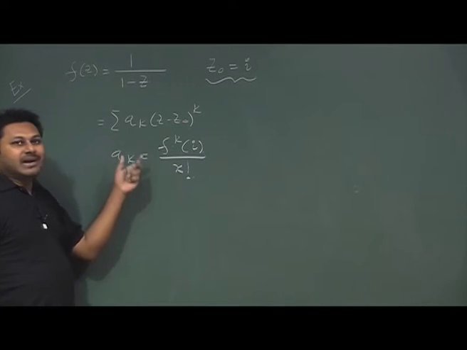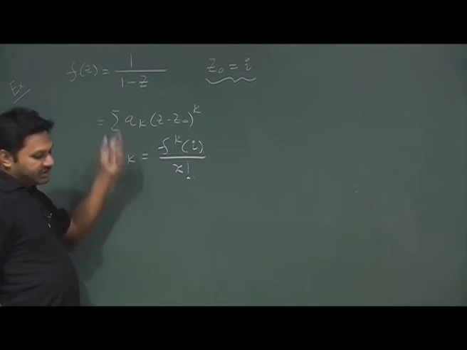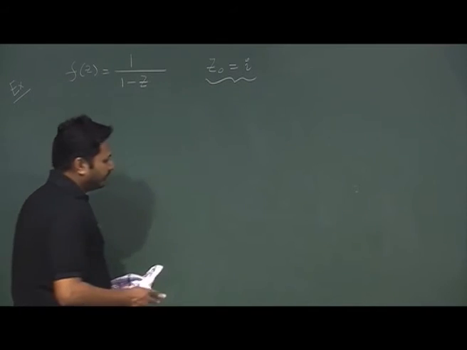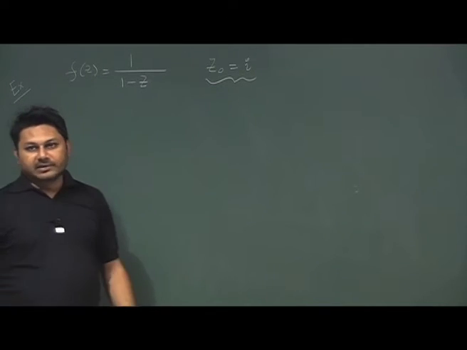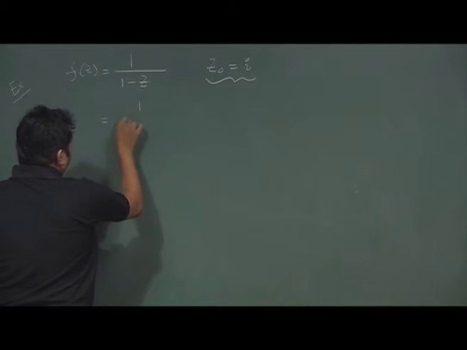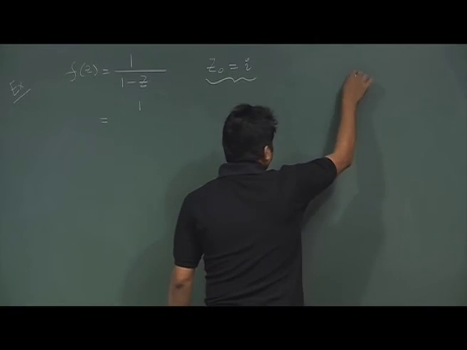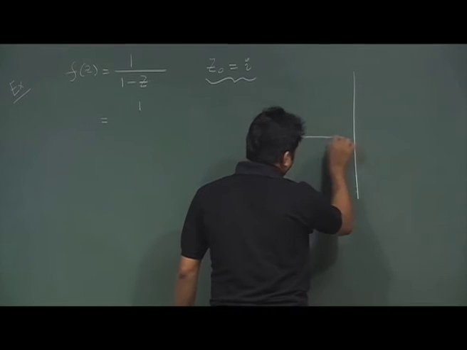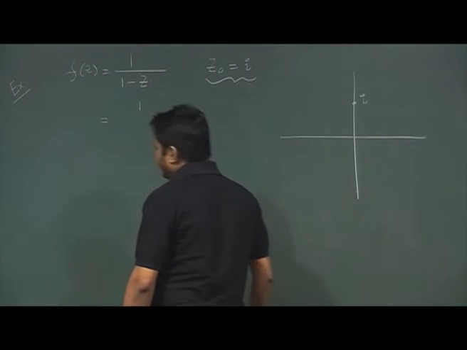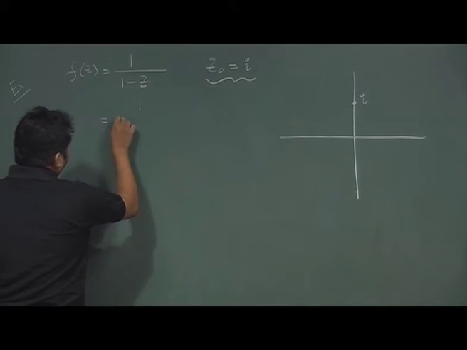So this is the standard way to do the calculation, but apart from that you can do it in a different way also. The way I prove the Taylor series, I will use the same logic here. So the point is somewhere here around which I need to expand my function. So this is point i. So f(z) is